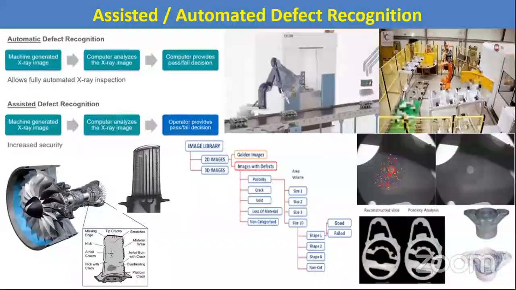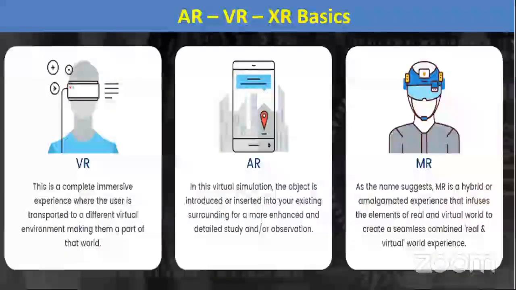And of course, ADR, which is either assisted or automated, is something you've heard in many of the previous talks. It's becoming more and more popular, and clearly we are seeing increasing use of ADR either in assisted or automated form. Predominantly, it's still assisted till we reach a maturity level where we can call it automated. But yes, it's playing a big role, be it X-ray images, eddy current, ultrasonic, whichever, and you saw FPI.